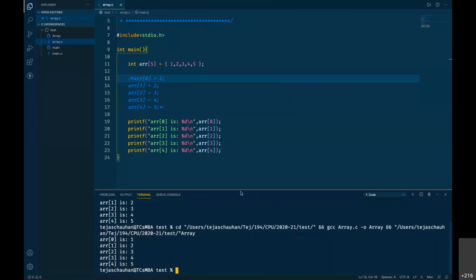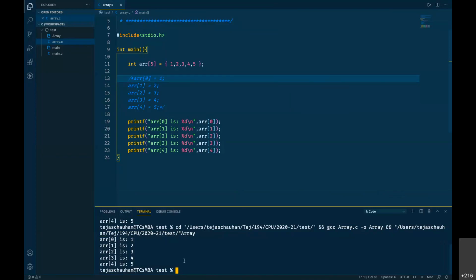What it does is assign these values to all these elements, and then we simply print those values. Now if I go and assign a few more values here, then explicitly I'm saying that my array will have only 5 elements, but still I'm assigning a few more values.